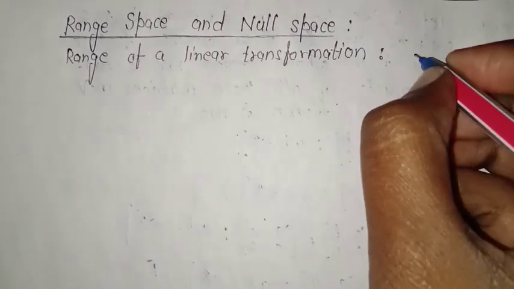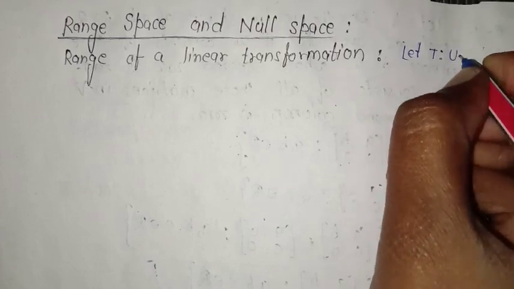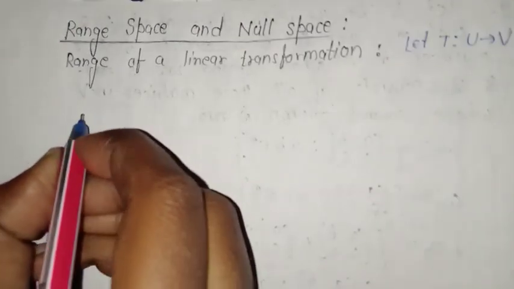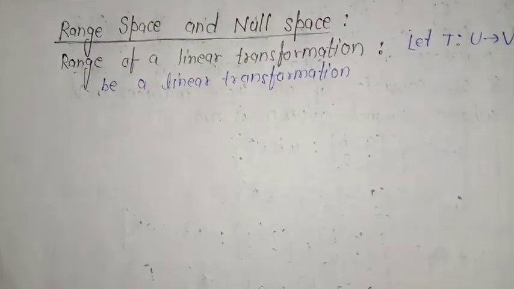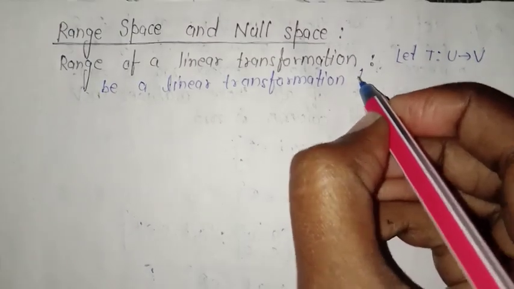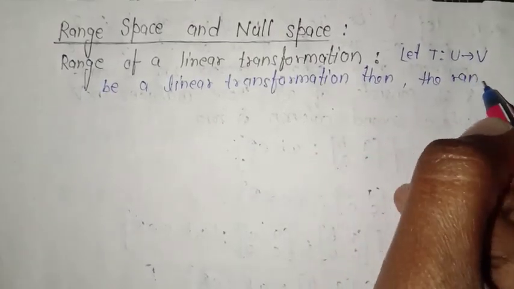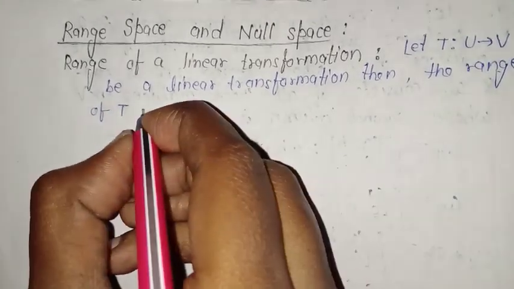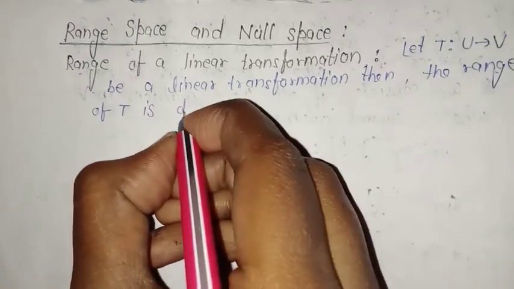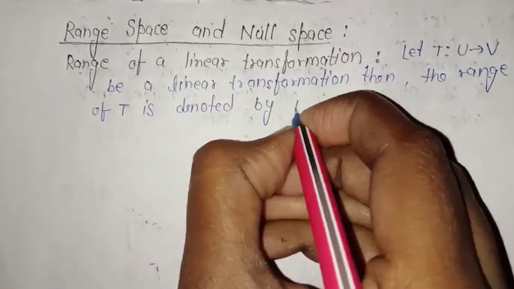So let T from U to V be a linear transformation, then the range of T is denoted by R of T,